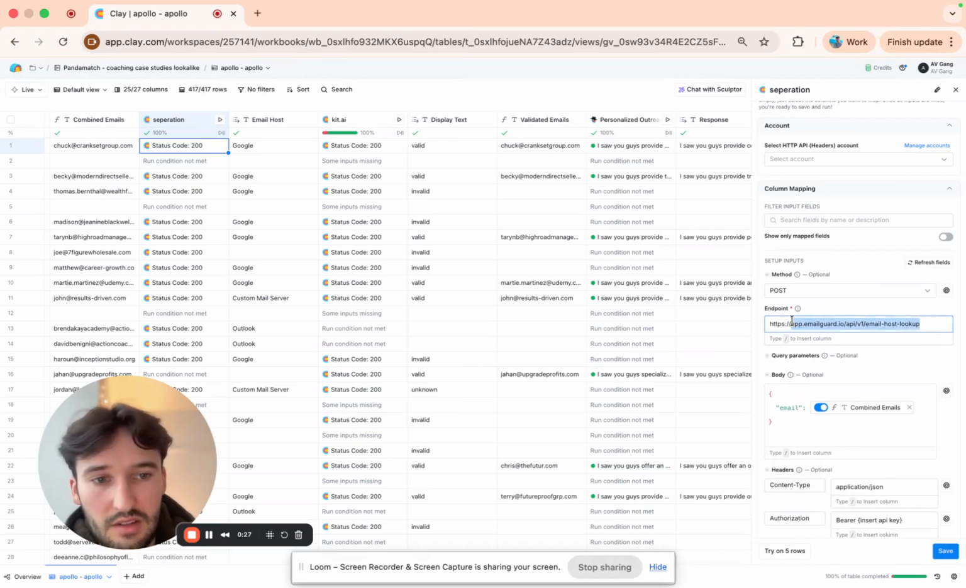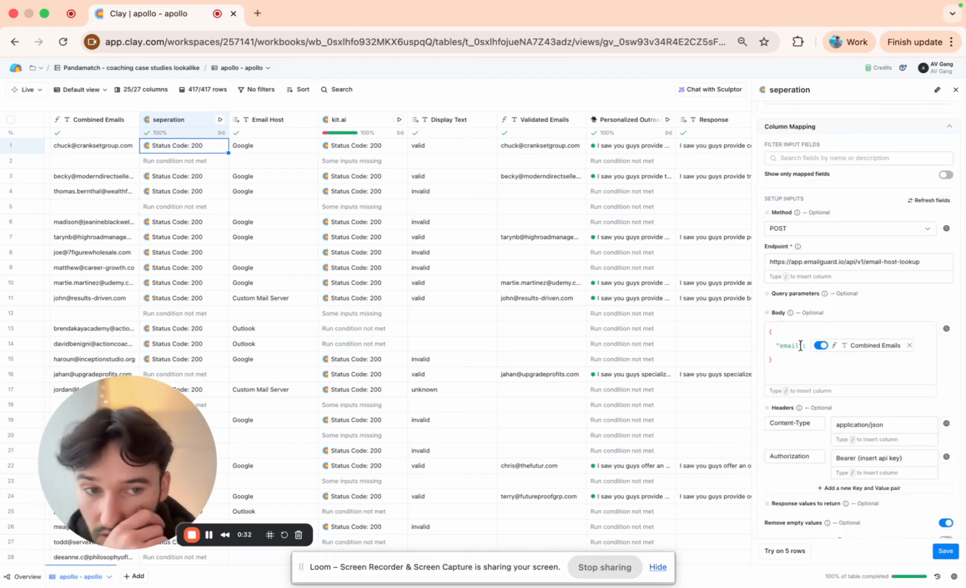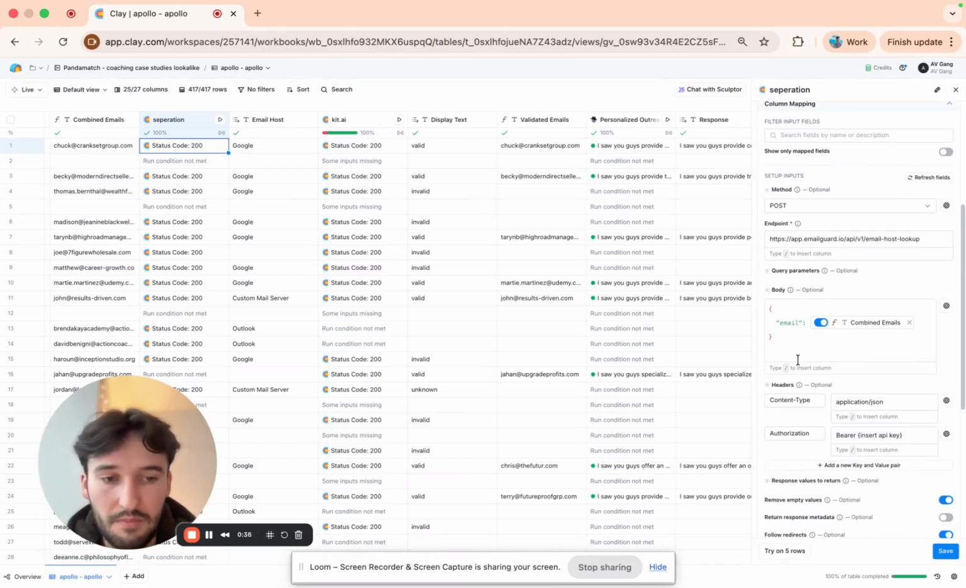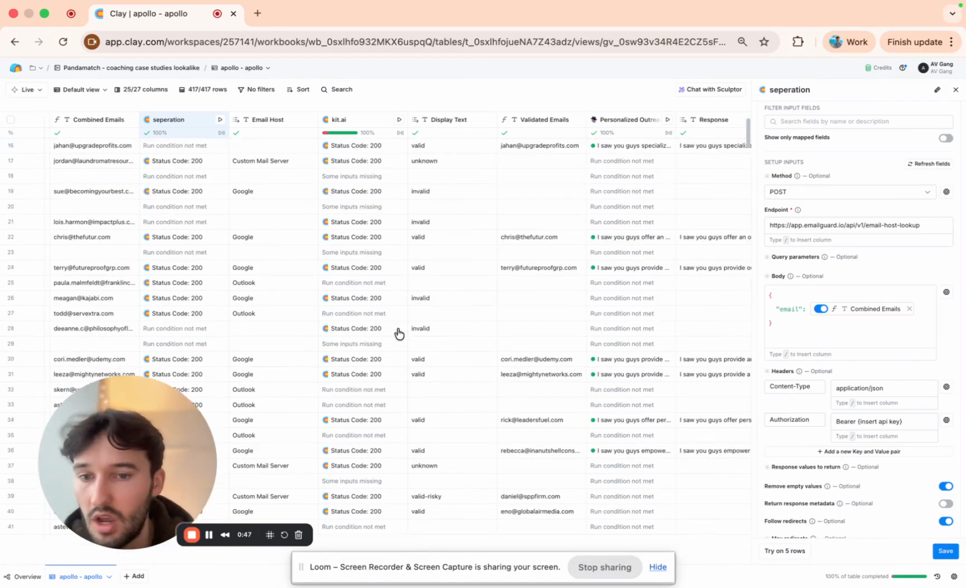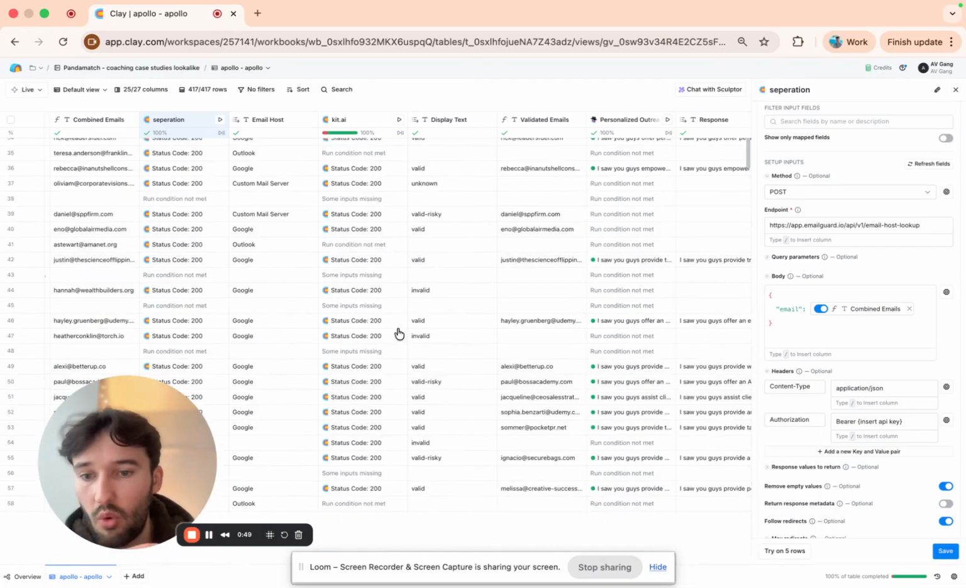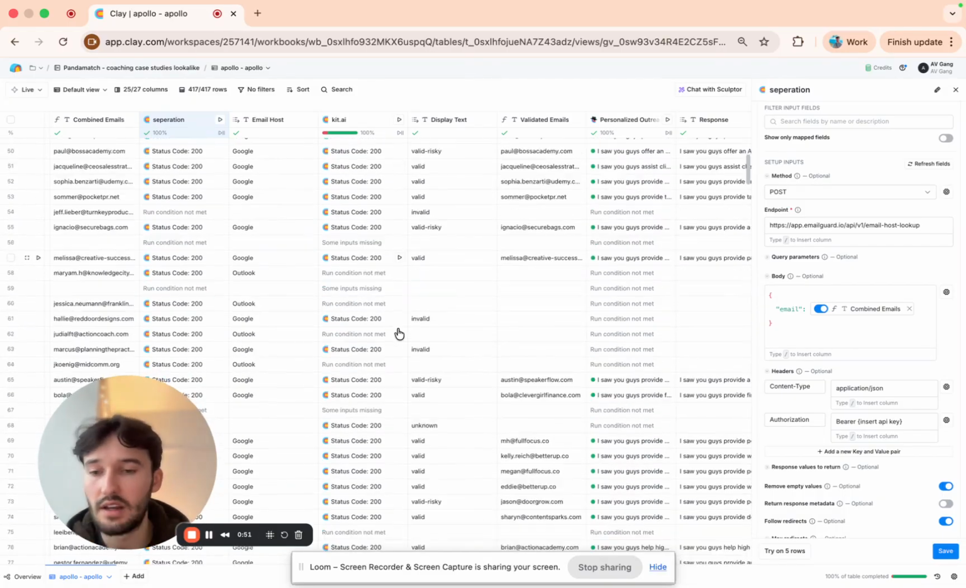To this address, use a post method, and then send your body as JSON like this. You just want to send the emails that you're trying to segment. Basically, what this will do is figure out whether the email address that you're sending to it has a Gmail inbox, an Outlook inbox, a custom mail server, a Proofpoint inbox, or a Mimecast inbox, or any of the variations